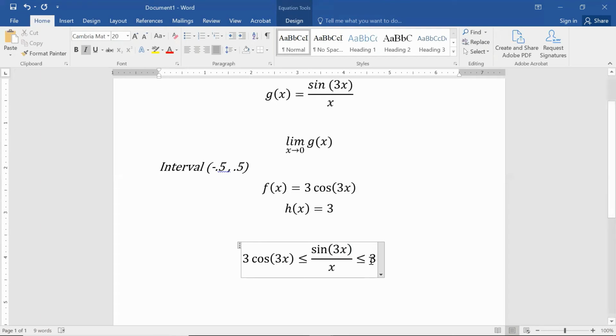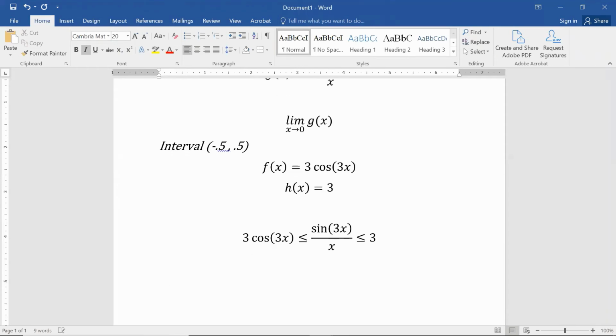The other bound, I'm going to treat the same way. Sine of 3x is less than or equal to 3 times x. You can either utilize some fancy trig stuff, law of sines type stuff, triangle type equalities to see this, or you could graph it. And the way I choose to see that is graph it. Let's take a look at that. We know that this is true on this interval.